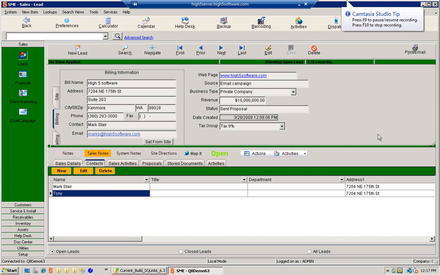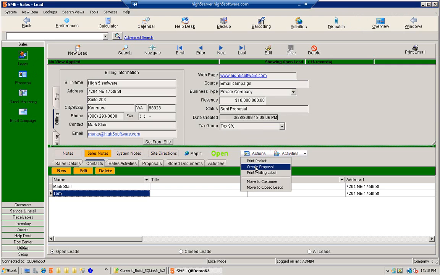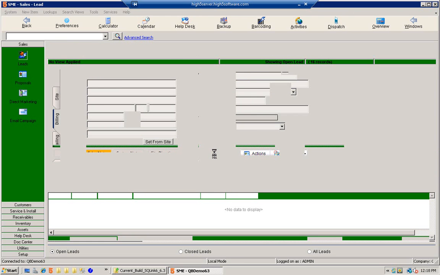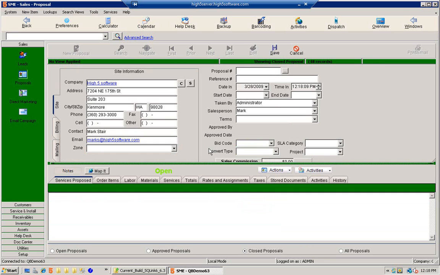In this section, we're going to talk about proposals, creating proposals for leads. Usually from a proposal, we start from a lead section, or you can start from a customer section. So from here on actions in the lead section, we're going to do create proposal. We'll confirm that selection. It moves to the proposal section and copies all the information of the site and billing